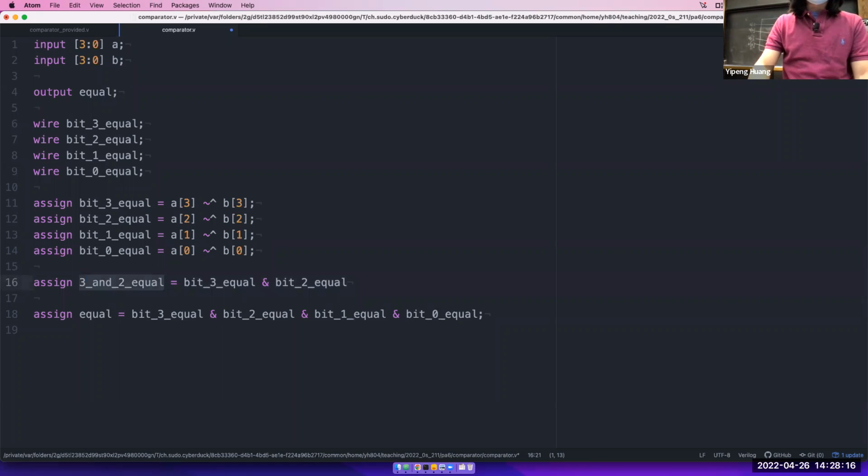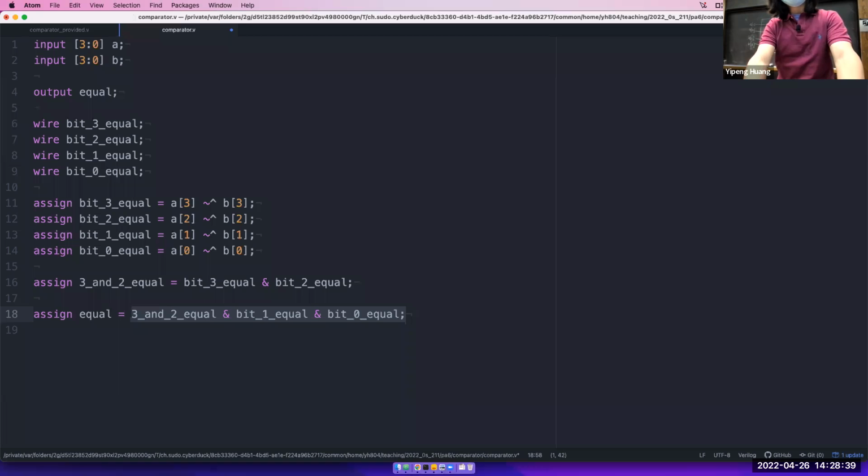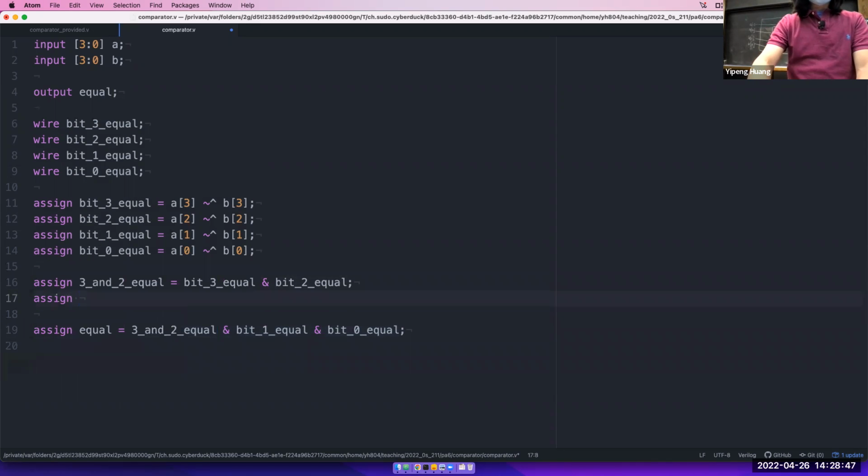So 3 and 2 equal is true if bit 3 is equal, the bits 3 are equal, and also the bits 2 are equal. And now that I've made that wire, I can substitute that in, replace that there. And still what's remaining is a 3-input AND gate here, which is not allowed in the syntax. So I need to create yet another supplementary wire, which is now called 1 and 0 equal,